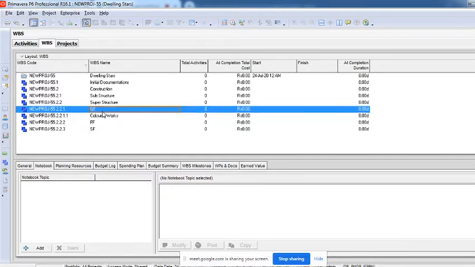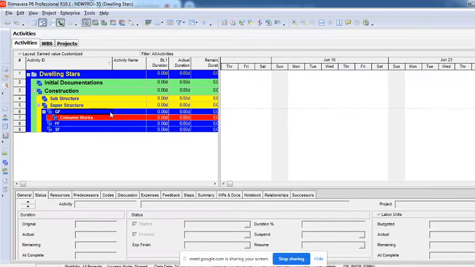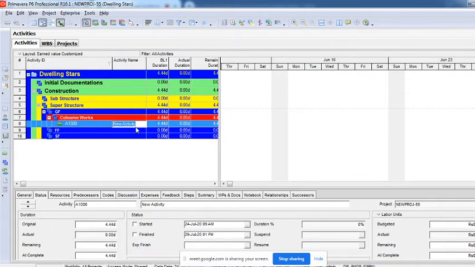And then when I click on this column works, it goes to the project. You can see, oh it's okay. So you can see it has been created like this. And then further to this, if you want to create an activity under that, you will have to click on that WBS and then say add. You can see here the activity has been created. This is how the activities are created.